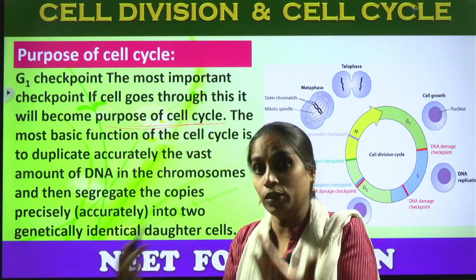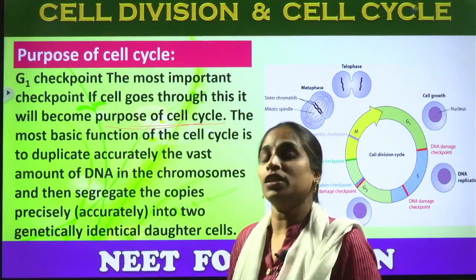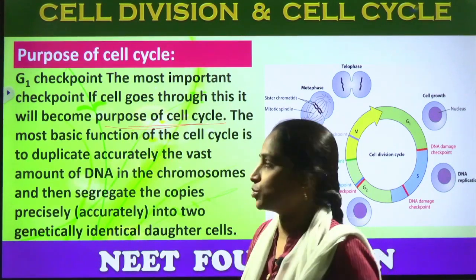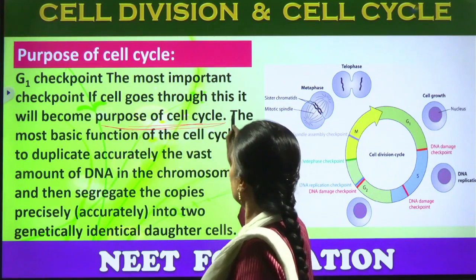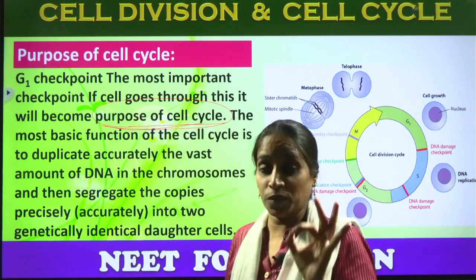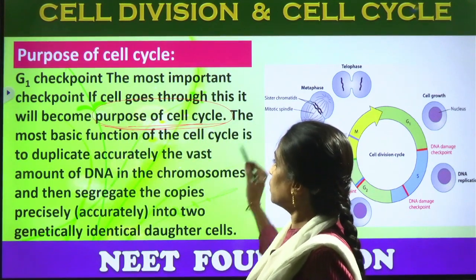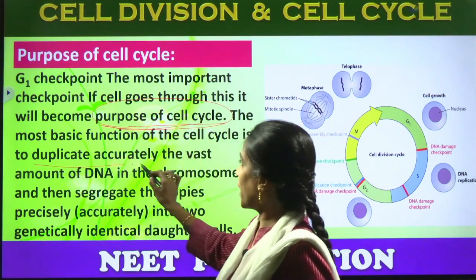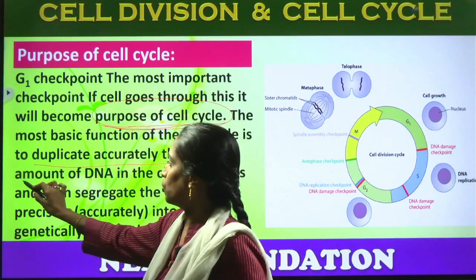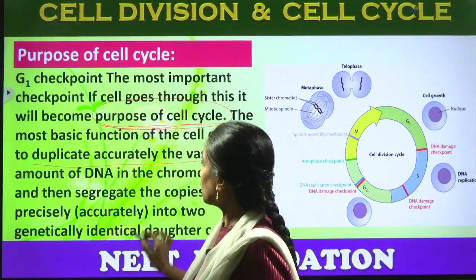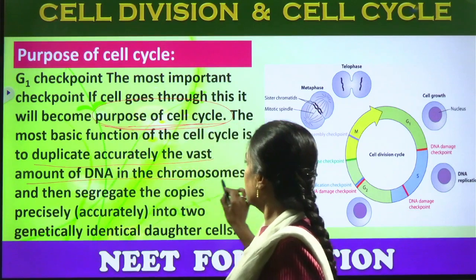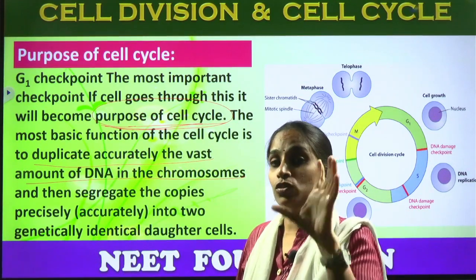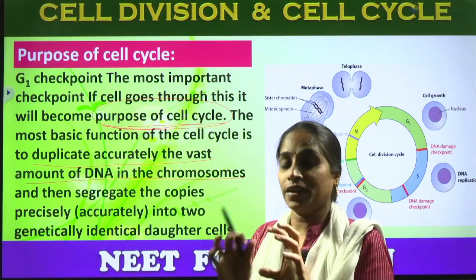If the checkpoint is not checking properly, what is the use of the checkpoint near G1? There is no use. Okay. So for the purpose of the cell cycle, the checkpoints must play a very major role. The most basic function of the cell cycle is to duplicate accurately the vast amount of DNA in the chromosomes. Okay, so the quantity of DNA will be maintained in a proper way,